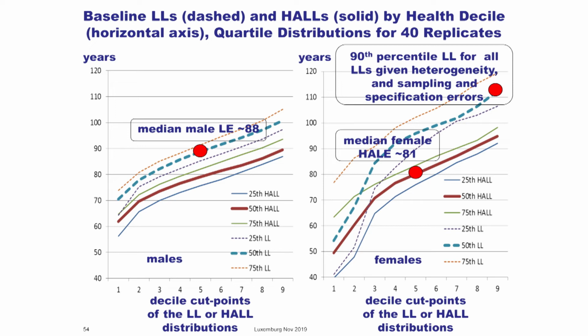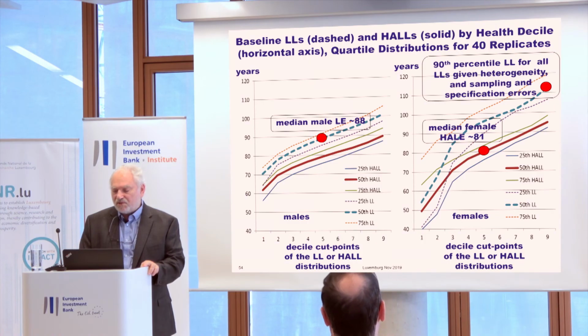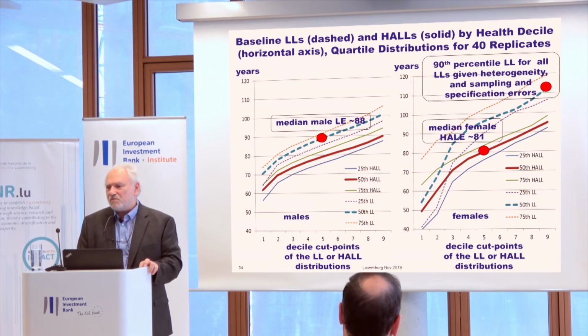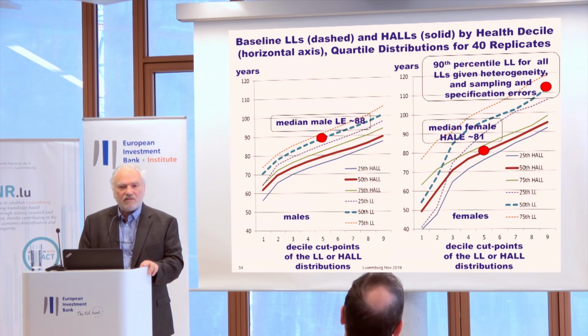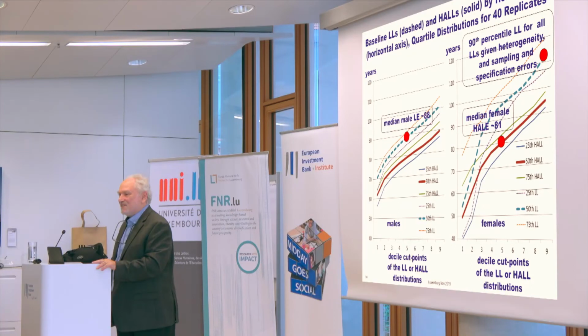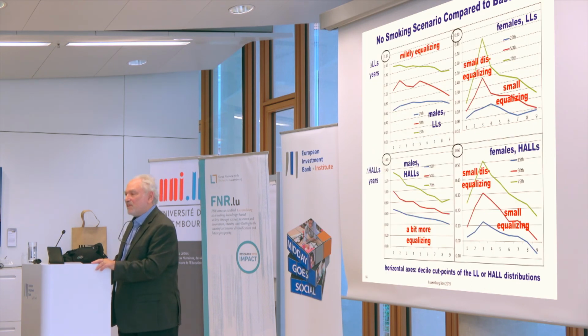And I was presenting this a little while ago, and Richard Pito was in the room, and he says, I don't believe any of the stuff you're showing me, Michael, because there's no way that people will have that kind of life length. But let me tell you my response, which is that this is not the median or the mean, this is the upper tail, and there's a lot of uncertainty from all of the bootstrapping and estimation. So we're not saying this is reality, this is plausible given the uncertainty in the data that we've used here in the analysis. So here's what happens when we get rid of smoking.